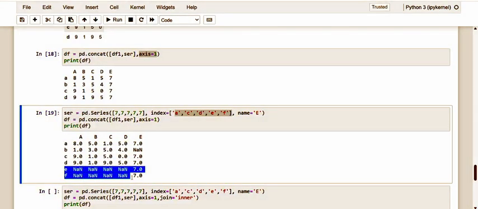So in this case, a new column corresponding to the series is added, and its values are aligned with the corresponding label if present. Here we don't have the B, so here we just get NaN, otherwise the NaN value would be added.